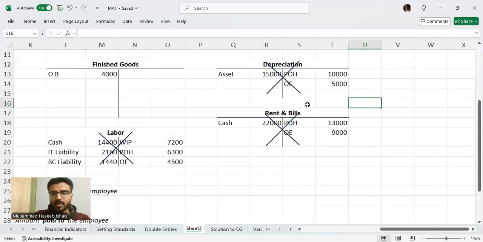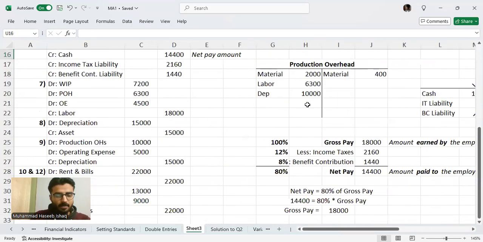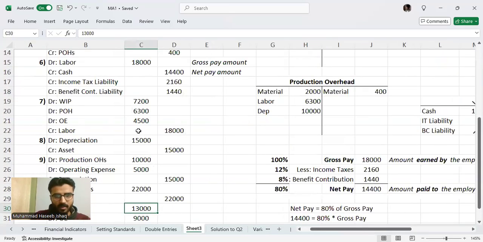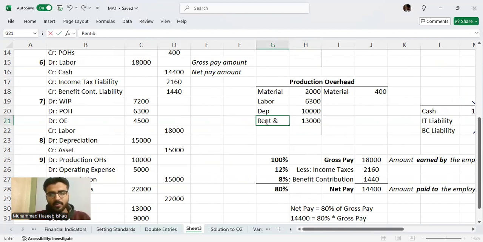So now we have to update the production overhead account. We have to debit the production overhead account with 13,000. So this is the production overhead account, and we have to debit it by 13,000. Where did this 13,000 come from? It came from the rent and bills account,